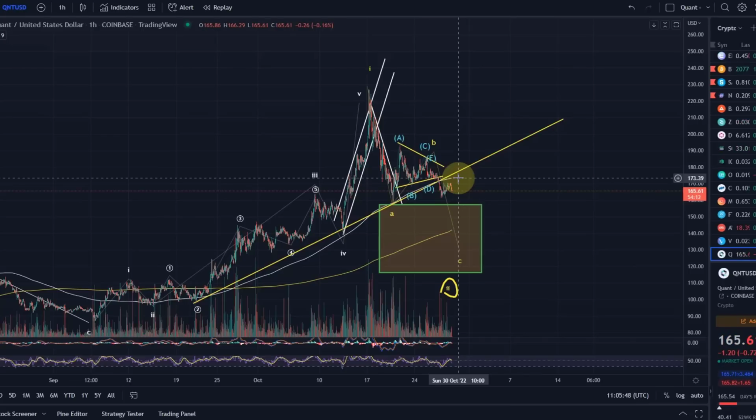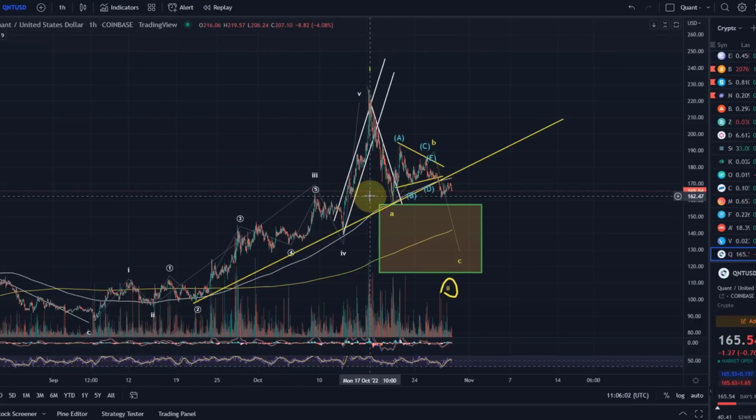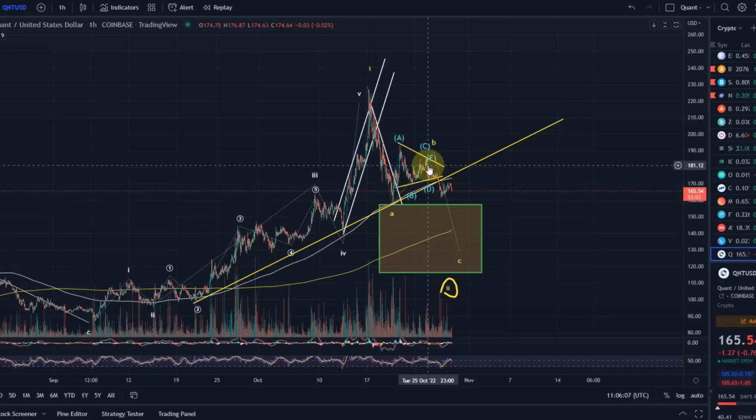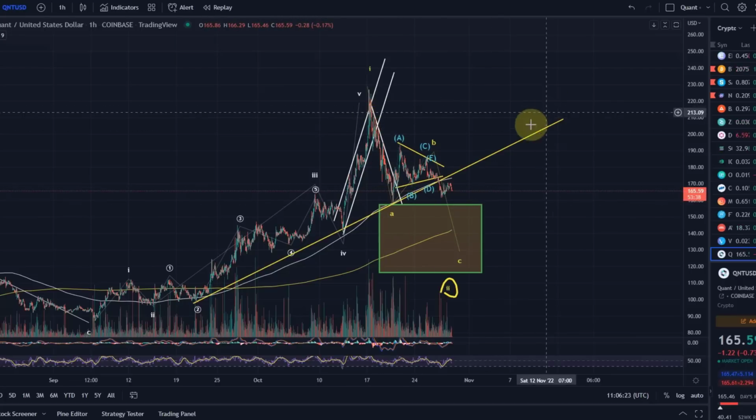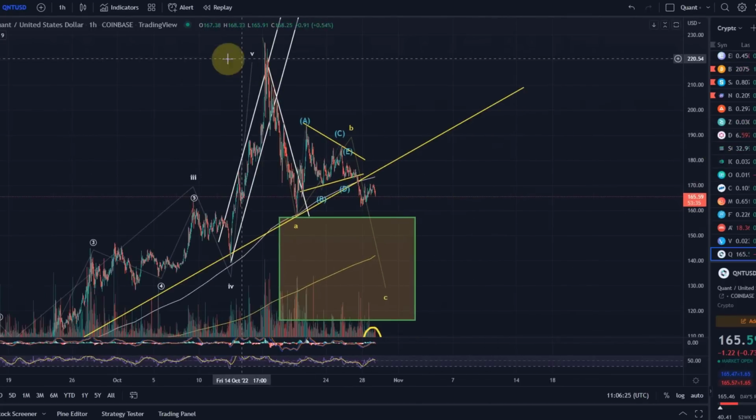Of course, a little bit. But Ethereum made like 40% in the last couple of weeks. What did Quant do? Not much. So correlations come and go. I always see comments saying you can't analyze a crypto without considering Bitcoin. Besides that, we do Bitcoin analysis, but I would never analyze Quant, look at the Bitcoin chart and say, all right, Bitcoin is looking like this, so Quant will probably do that. That doesn't make any sense. And you can see why, because Quant is coming down or moving sideways while Bitcoin is moving up at the moment. So here you can see correlations are worthless.